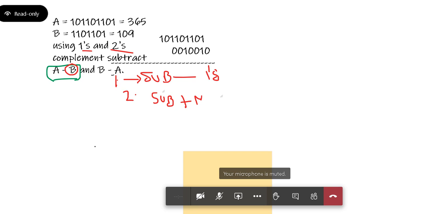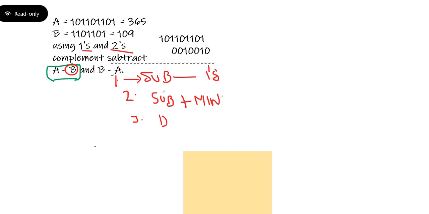Same here, we'll take this only and we'll reduce it. Simple, okay. Now we'll see. So now what is here? 1 0 1 1 0 1, okay. So 1 0 1 1 0 1.